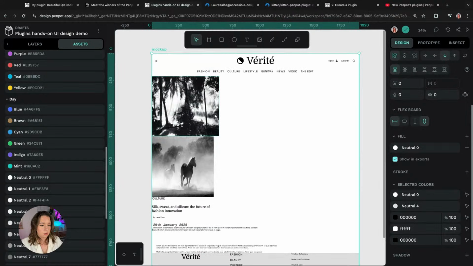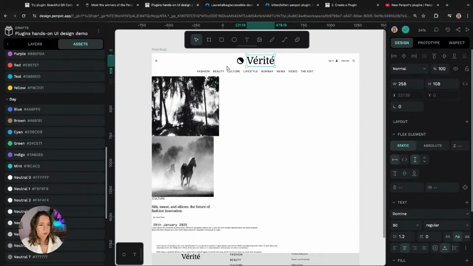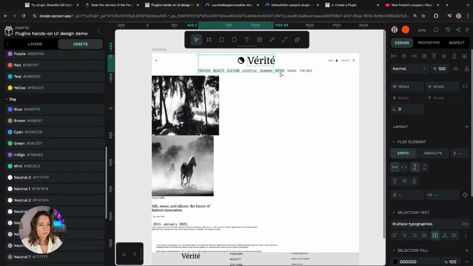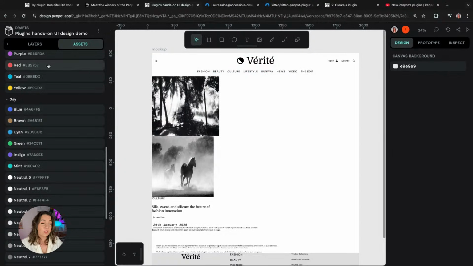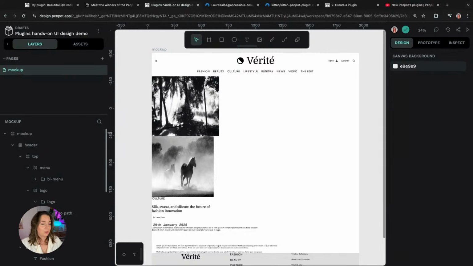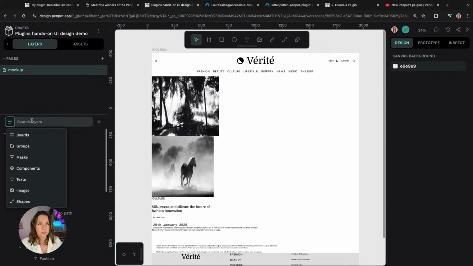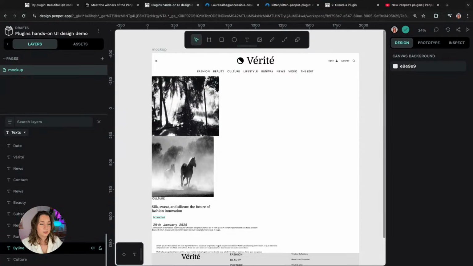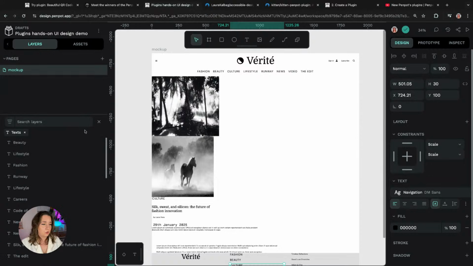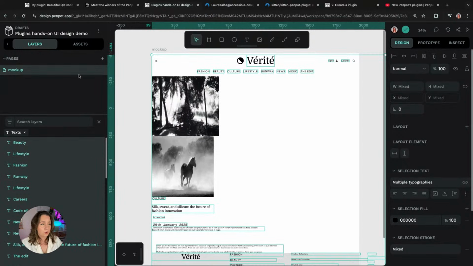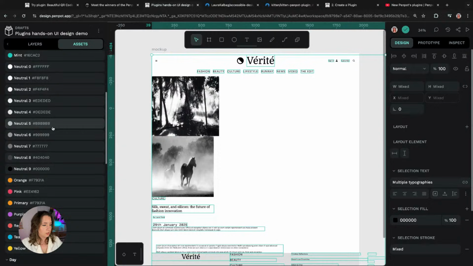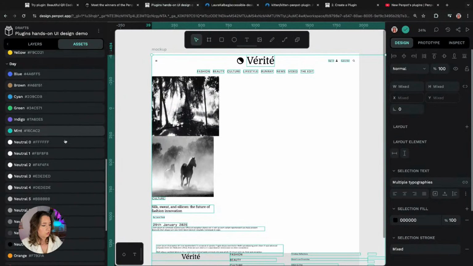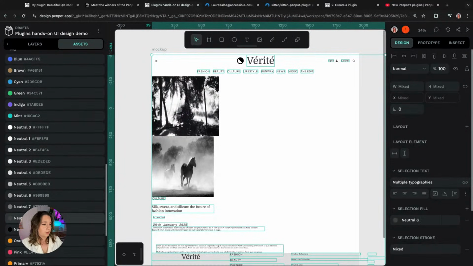And I want to, so text. So I was showing you before how I'm just selecting all the text like this. Another little short handy option in Penpot, and I haven't actually seen this in other design tools. If I go to search and I filter my layers, so I've not searched for anything yet, I'm filtering all of my layers by text. And this will just bring up all of the text layers. So that's a really handy way if you just want to select all your text and change its color. So I've got all of these selected. I'm going to jump into assets, down to day, and I'm going to choose neutral 8 for my default text